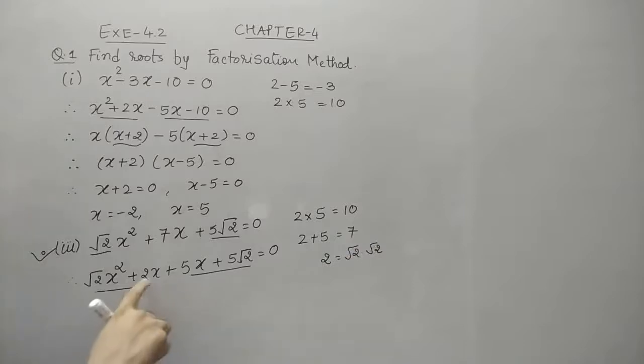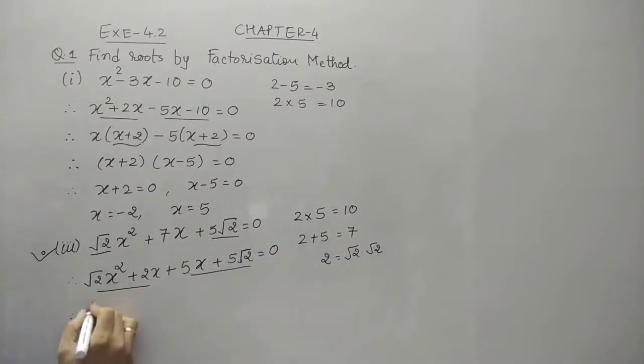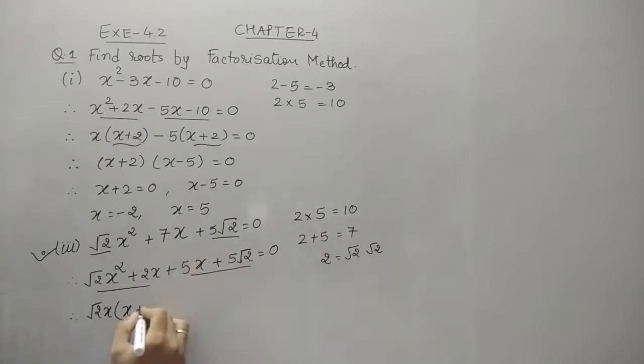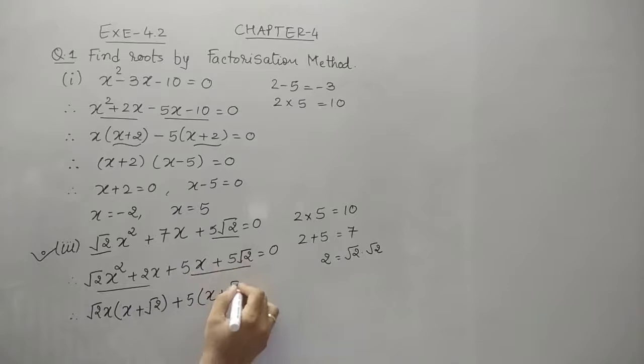So you can see that here in 2, we have 2 times root 2. So let us take out 1 root 2 common. And variable x already exists, so x remains here, plus. Out of this 2 times, 1 time root 2 we have taken out common, so it is root 2. The third term sign is plus. Now what is common? We clearly observe that 5 is common, which is a rational number. So it remains x plus root 2.